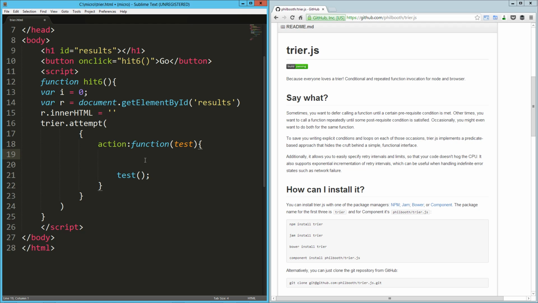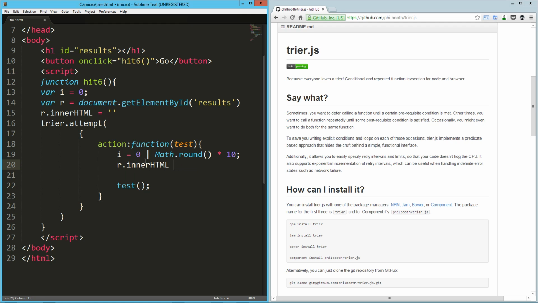So here's our action, and this is where we're going to try to generate a random number. We're going to try to hit 6. So we're going to say i equals 0... round times 10. That looks right to me. That should generate a 0 to 9 randomly, and we're hoping to hit a 6. So whatever we generate, let's add that to our H1 there. So span,